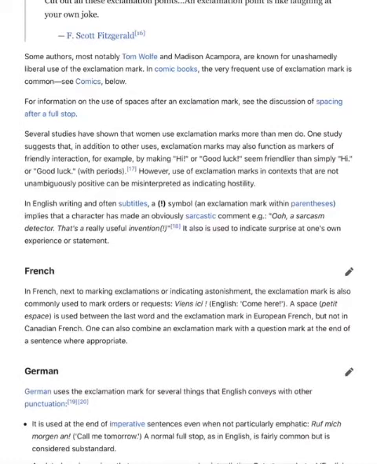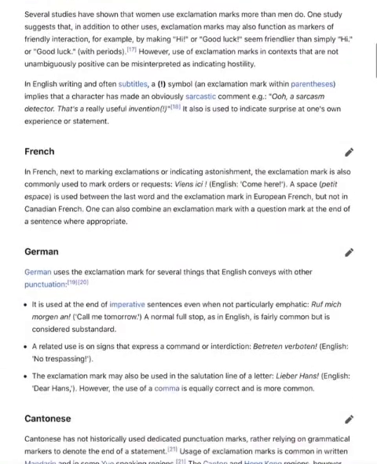For information on the use of spaces after an exclamation mark, see the discussion of spacing after a full stop. Several studies have shown that women use exclamation marks more than men do. One study suggests that in addition to other uses, exclamation marks may function as markers of friendly interaction, for example by making "hi" or "good luck!" seem friendlier than simply "hi" or "good luck" with periods. However, use of exclamation marks in contexts that are not unambiguously positive can be misinterpreted